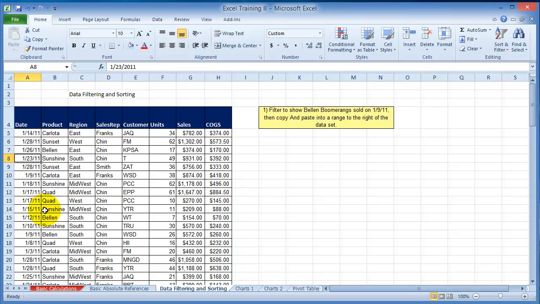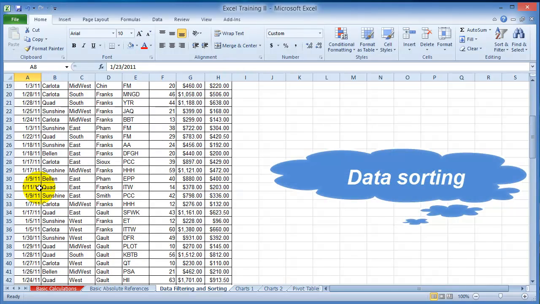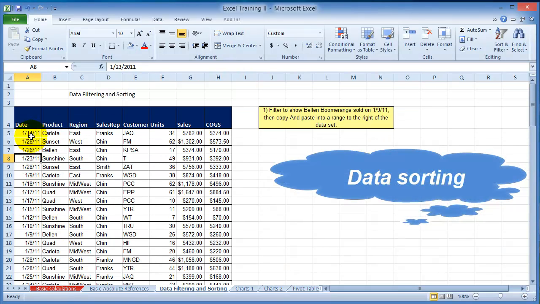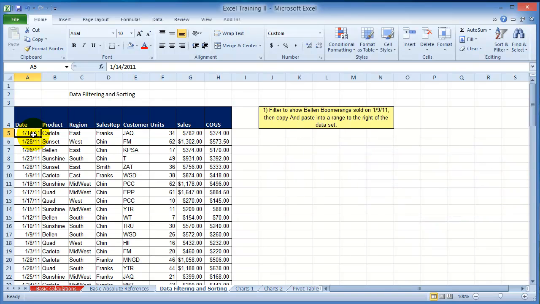If you look at the dates here, they are not in order. So let's say you want to order them by the date. So what you can do in Excel, and a lot of people get confused by this, they start selecting stuff and so on. And let's say you want to sort this by date. All you have to do is click on one of those cells here that you want to sort by, and then you choose under sort and filter. You can choose sort from the oldest to the newest, or the newest to the oldest, or A through Z